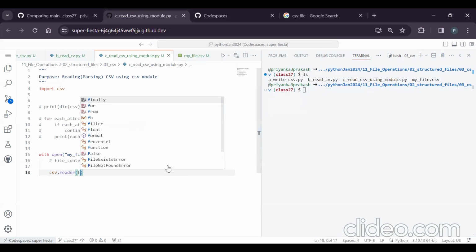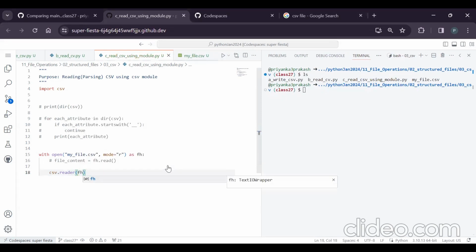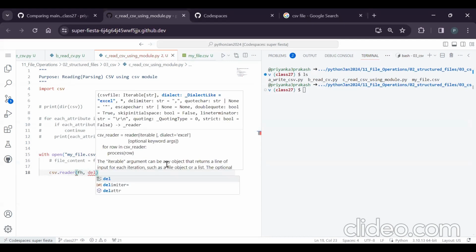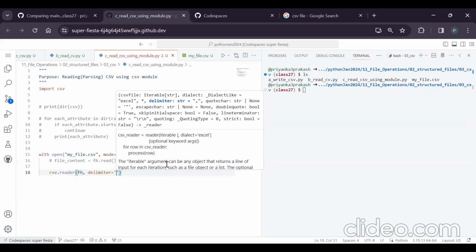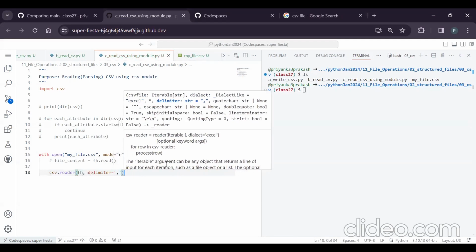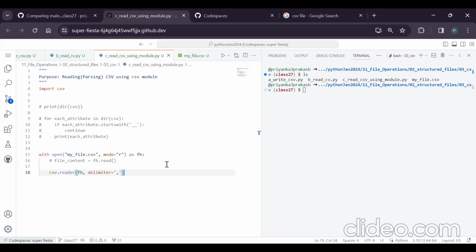For the reader, we should not pass the file, but the file handler. What is the file handler we have taken? That file handler. And for that, we need to pass the delimiter. By default, the delimiter is comma. The name comma separated values comes with a comma, but it can handle other kinds of delimiters also. If you have any other explicit delimiters, you can use that. I have a comma, so I have used that. For the same thing, now I can say file content is equal to